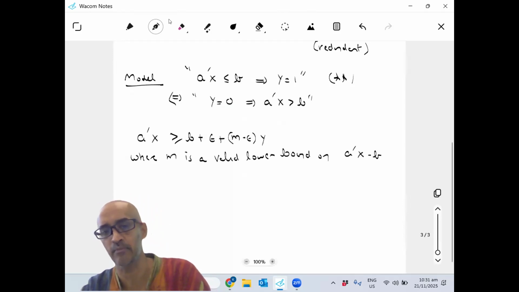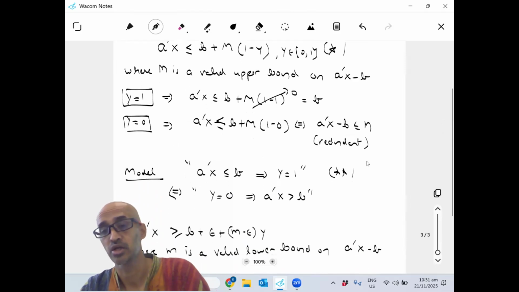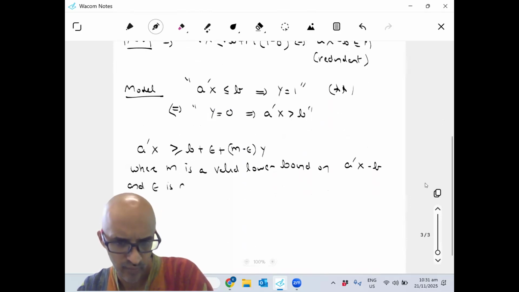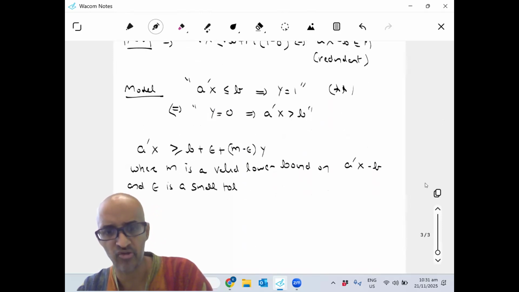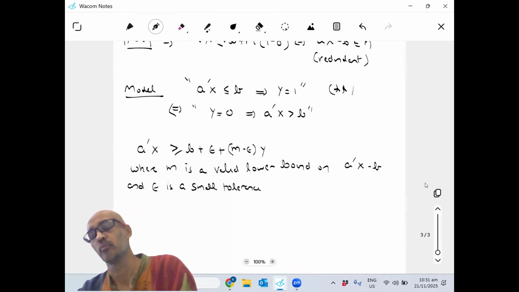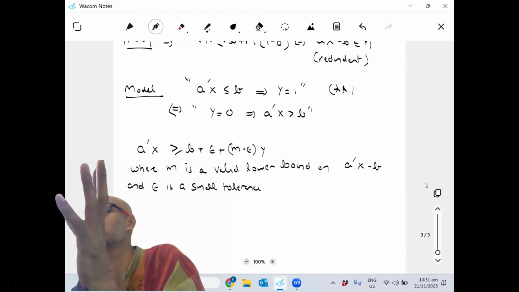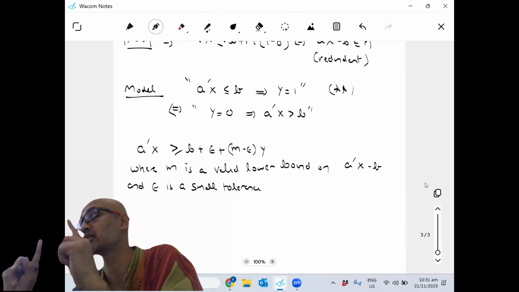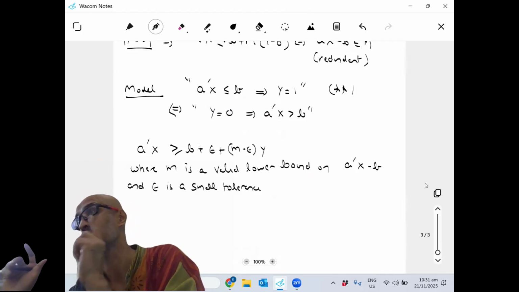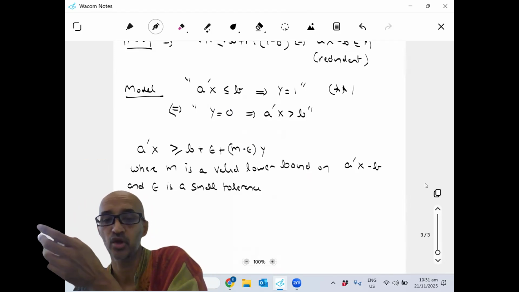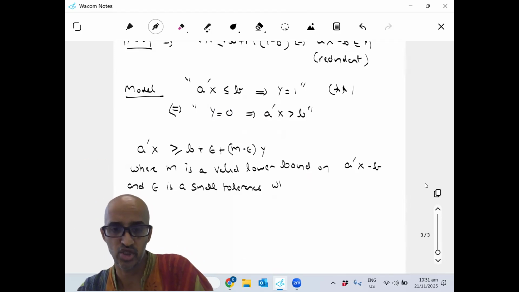So here we had an upper bound, capital M, big M. Here I'm taking a lower bound, some valid lower bound, and epsilon is basically a small tolerance. Because if you think about this implication, y equal to 0 implies A transpose X greater than B. Strict inequalities we can't deal with in linear programming, right? We only have greater than or equal to, less than or equal to, or equality. We never have strict inequalities. So to capture the strict inequality idea, you need some small tolerance,